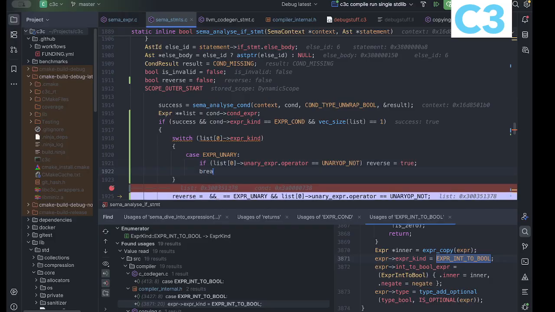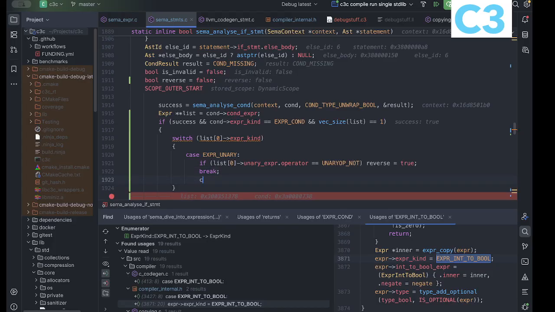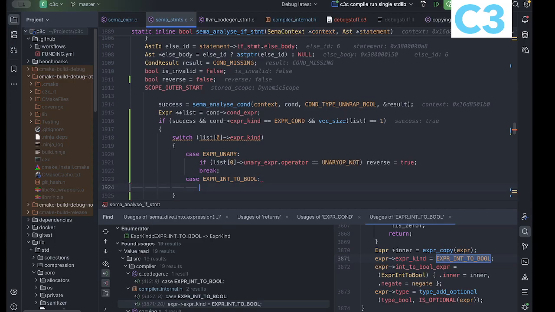Okay, and then break, and then the other one is of course the case expression into bool, and we have a negation on that, right? So if list 0 into bool expression. Actually,